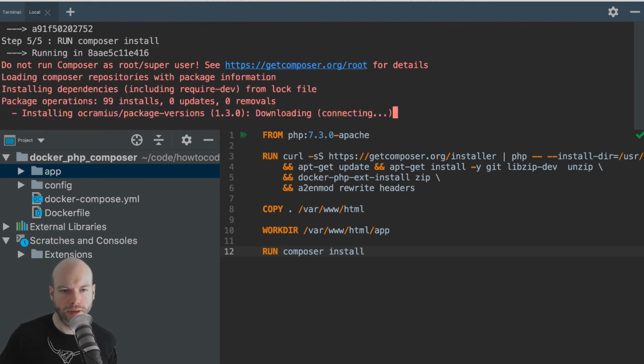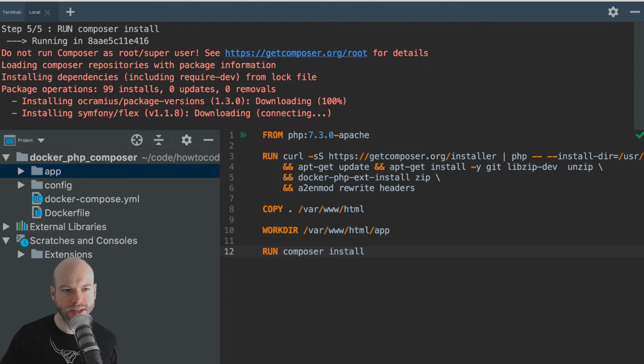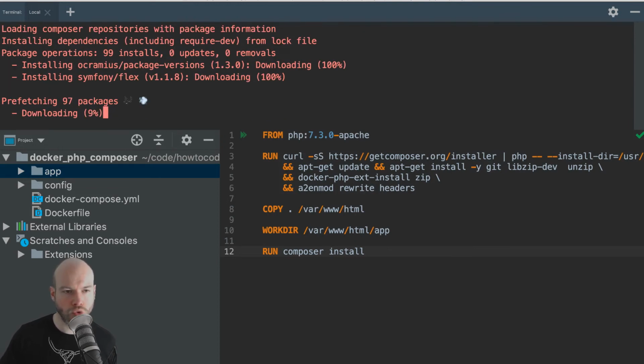Yeah. So that's fine. Okay, so this is going to now install all the bits and pieces inside the Docker image. All right, so it's inside the Docker image, and it's going to be in the image. And therefore it's going to be in the container afterwards.